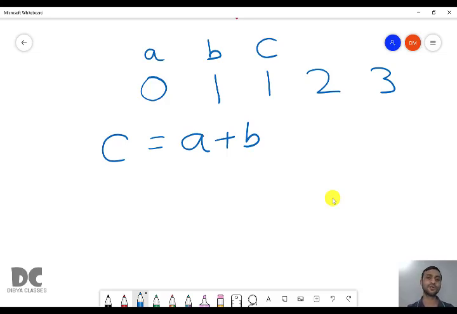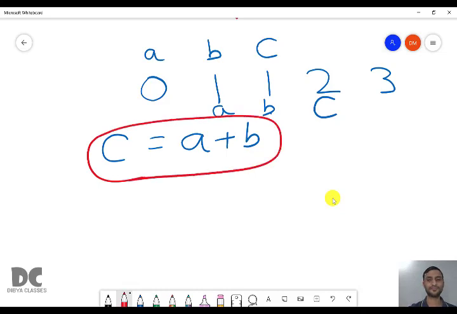Next step, we make this A and this B so that we get the new C. Now A is 1, B is 1, and C is A plus B. This formula will always remain the same. 1 plus 1, this time we get 2. Next time, this becomes A and this becomes B, so that we get C. This time 1 plus 2 gives 3. This is how a Fibonacci program works.